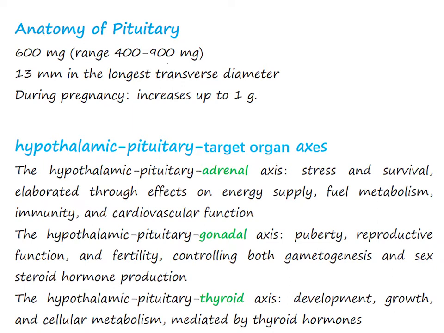The hypothalamic pituitary gonadal axis plays a pivotal role in puberty, reproductive function, and fertility, controlling both gametogenesis and sex steroid hormone production. The hypothalamic pituitary thyroid axis plays a critical role in development, growth, and cellular metabolism mediated by